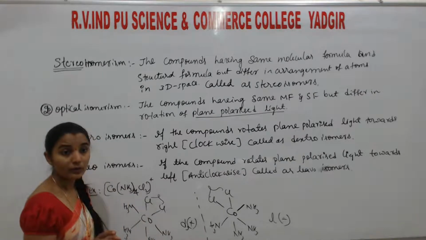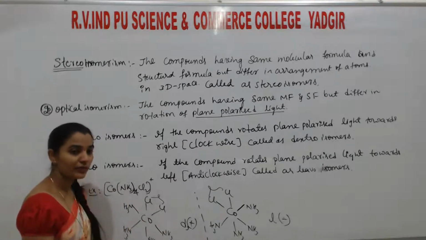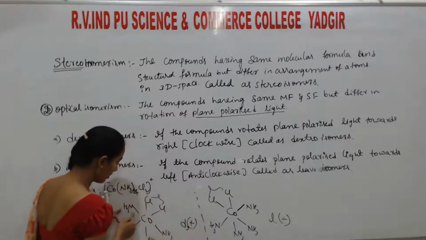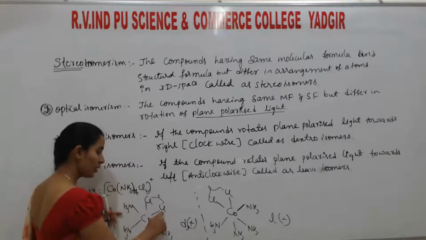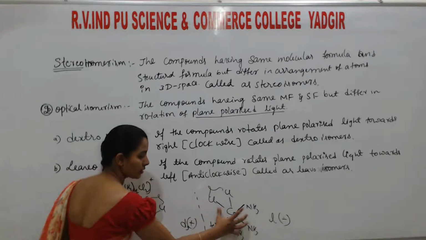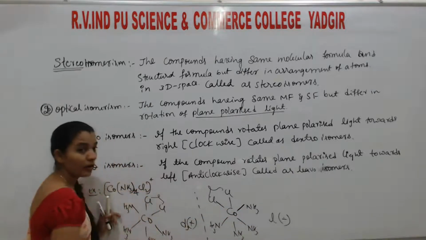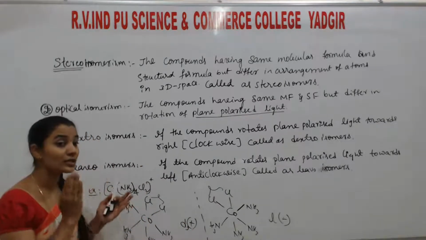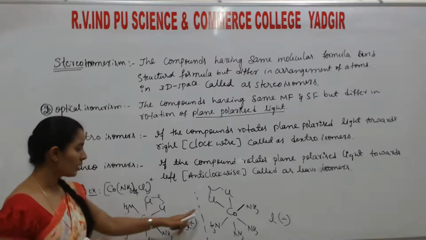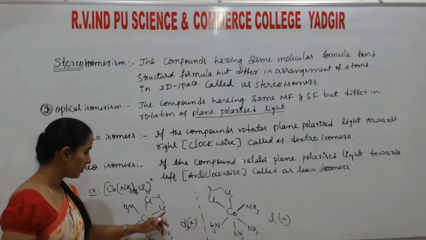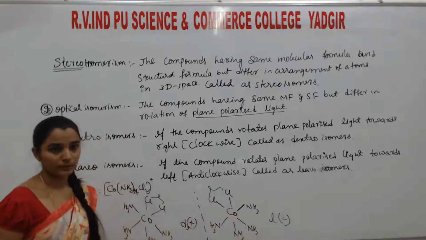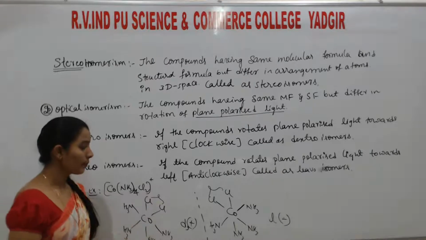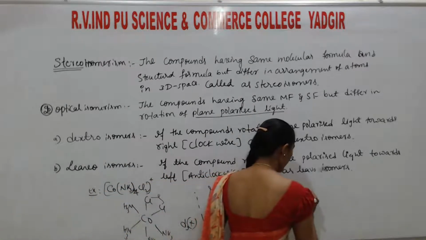Of course, they are superimposed, meaning they exactly fit one above the other. But here Cl is there, here NH3 is there. Here Cl and NH3 are there, here NH3, NH3. These four positions are non-superimposable. They cannot be placed exactly above the same atom. Here NH3 is there, Cl will come; here NH3, NH3, here Cl is there, NH3 will come. So they are not superimposable. So this type of non-superimposable